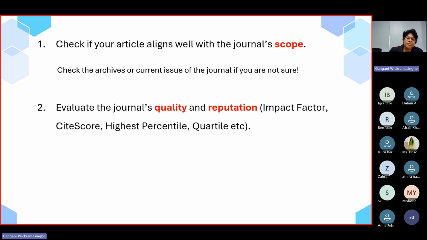Once again, just remember, if you are aiming for a Scopus Index journal, don't always select the fourth quartile, which has the bottom journals. Sometimes you might not have the confidence to go for a quartile 1 or quartile 2 journal, and you might think, okay, I have a better chance if I select a journal in the fourth quartile. But don't always do that, because there is a danger that in the next year,